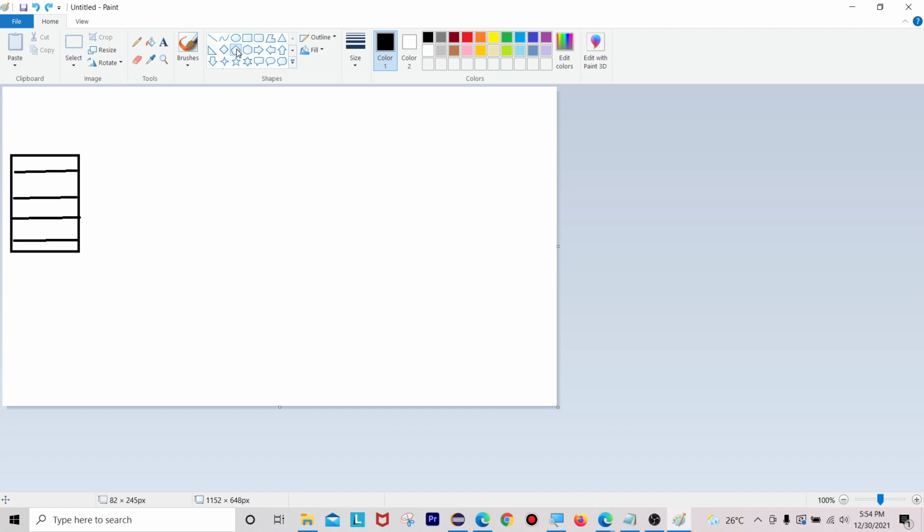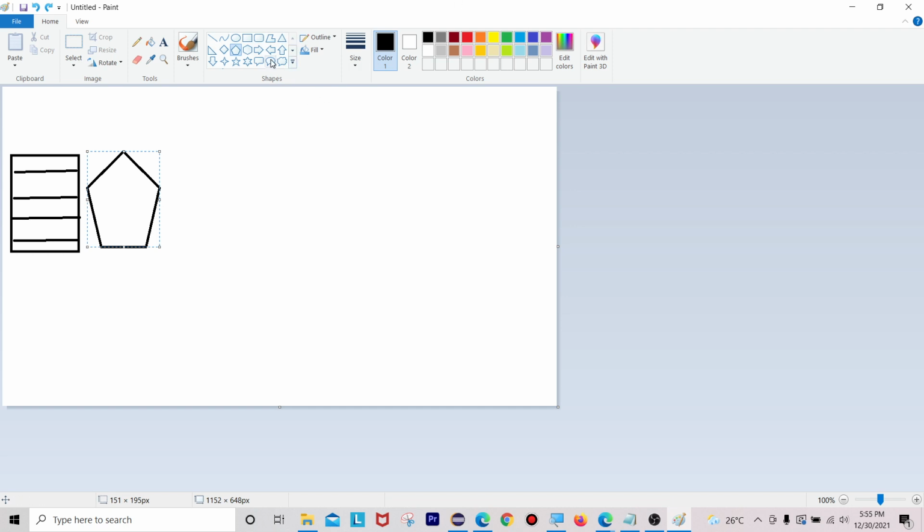What is this shape name? Hexagon, pentagon, five sides are there, right? So the next one is this one. Let me first draw all of these, so then you can easily understand what I am doing here.